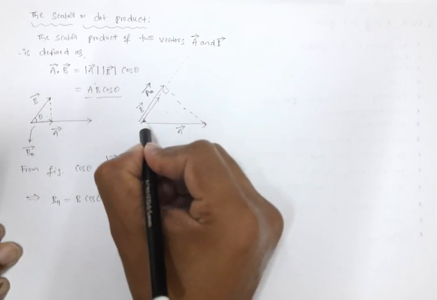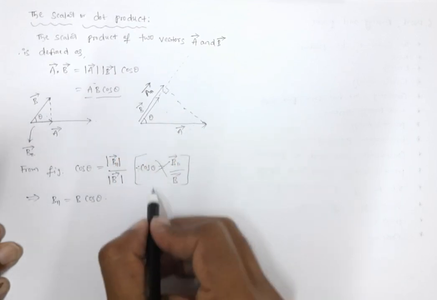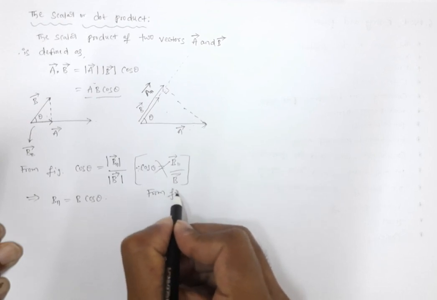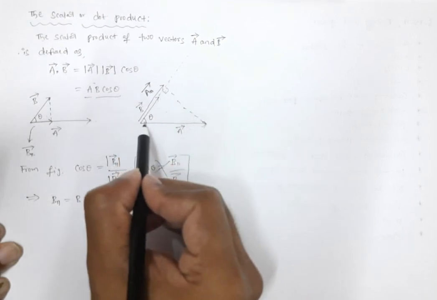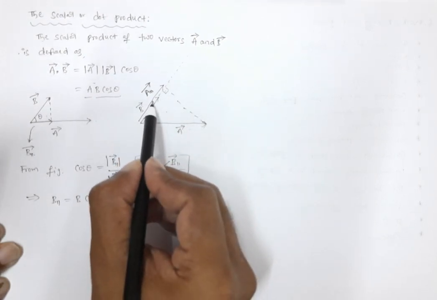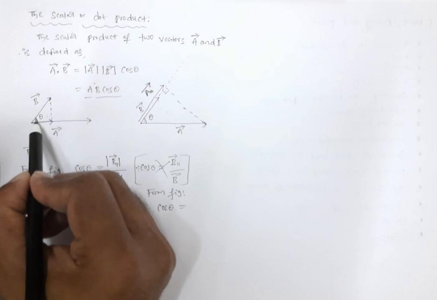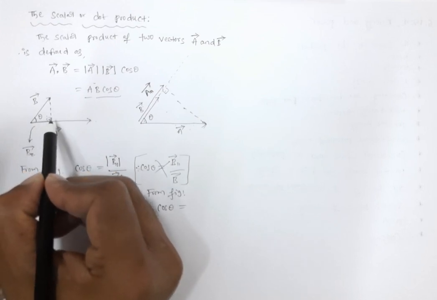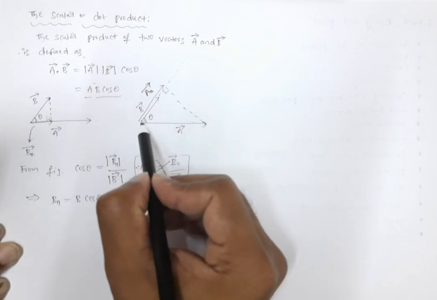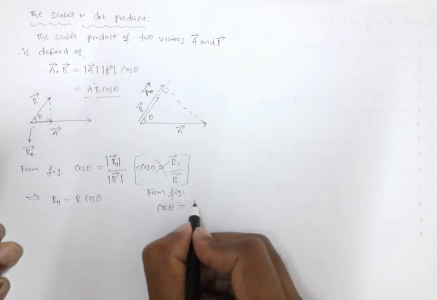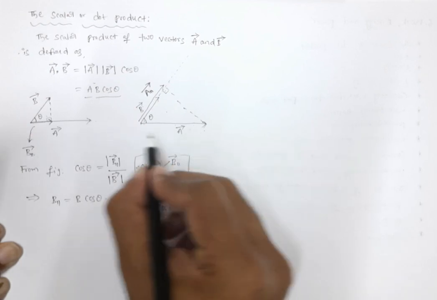Now from the second figure, let's say again this angle is theta. So this is a right angle triangle. Now from this figure, cos theta is equal to, from this figure, this is the angle we have. So this is the adjacent side and this is the hypotenuse. It becomes the hypotenuse because this angle is 90 degrees, right? But for this triangle, this angle theta, this is 90 degrees, this is the hypotenuse, and this is the adjacent side. So what do we write? A parallel bar, that is adjacent side by hypotenuse.